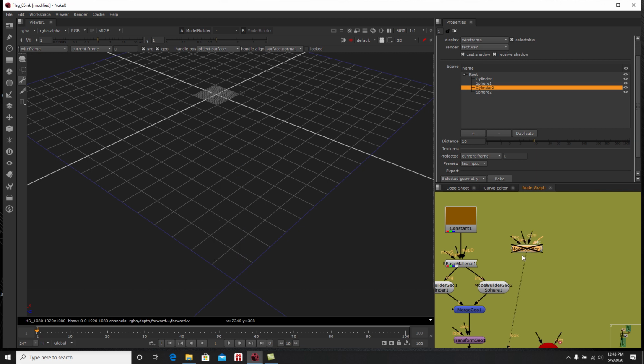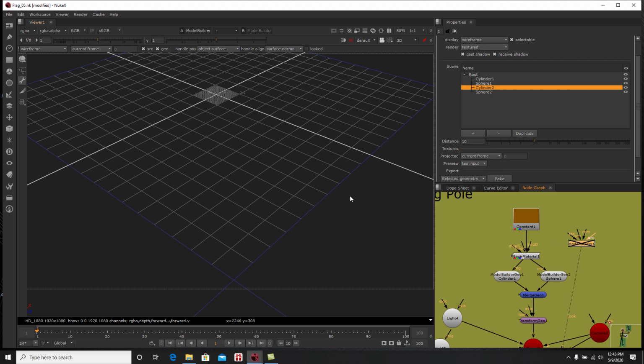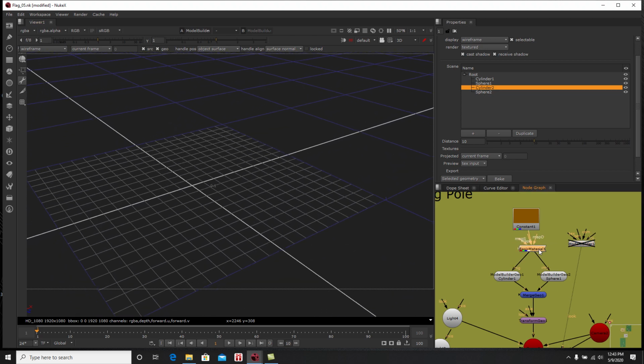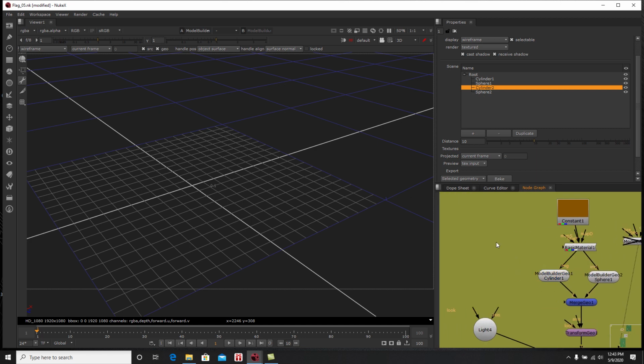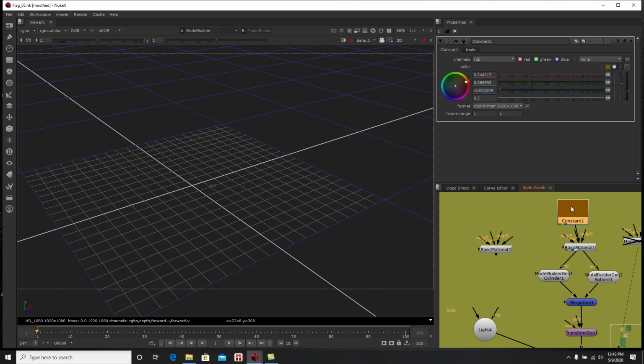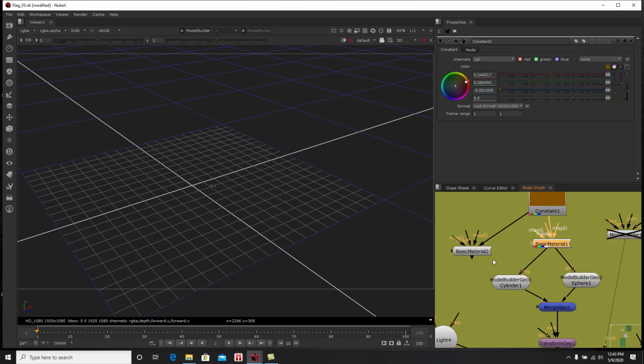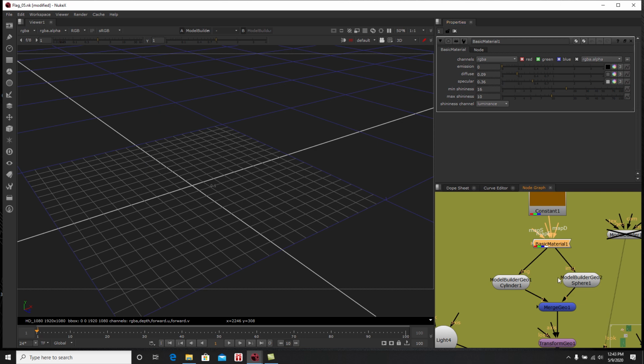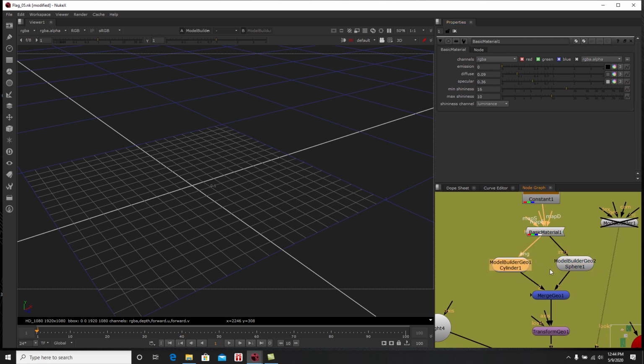Let me turn off my model builder node. And once I have my model builder node, I then grab a basic material node, and added a constant with a brown earth color. And on the far right pick whip, I connect the basic material node to the constant, and I connect the model builder geo cylinder 1 and sphere 1 straight to the basic material, and double click the basic material. But before that, you could merge these two geos using a merge geo,